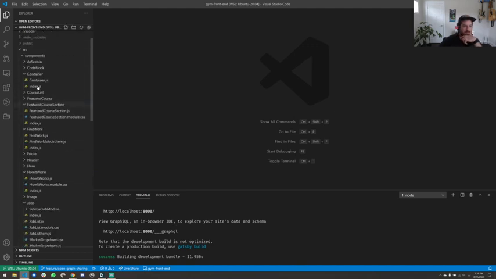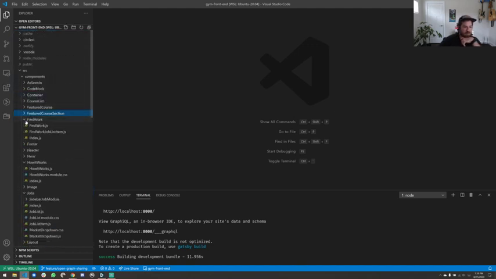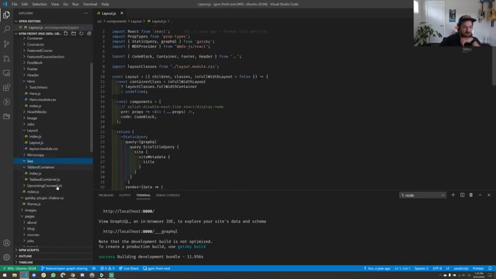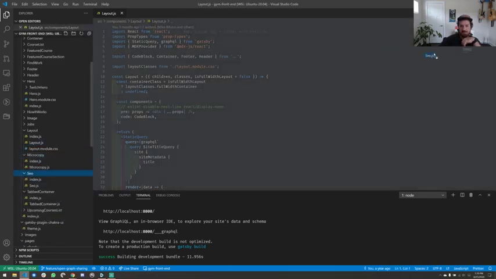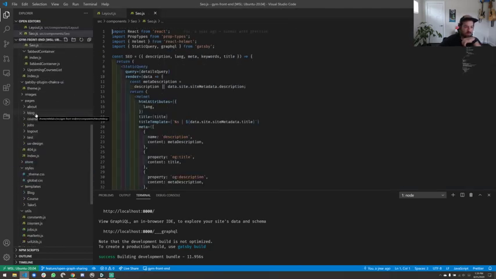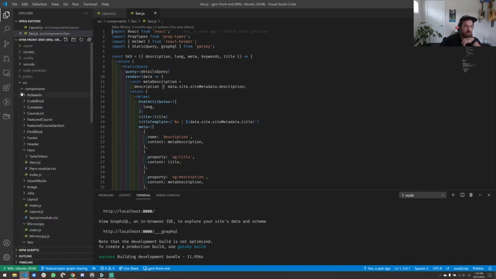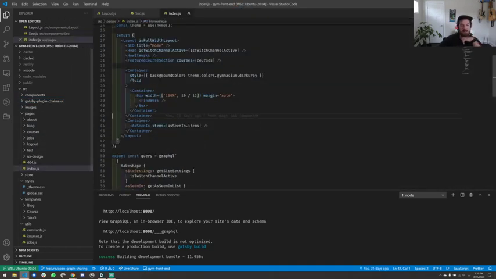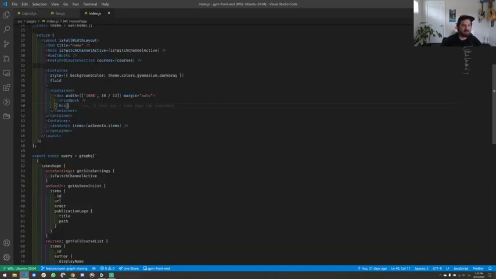Let's take a look at this stuff. There's a couple of things to look at here. We have in our components list, this will become important. Well, we have a few things that will become important. So this layout.js we'll look at. We have this SEO, which sounds like it should be important, so it's probably something we're looking at today. Drop these side by side, and then, for the sake of it, we'll start with the home page because it's probably the most simple place to come in. So we'll pull that up here, and we'll look at the implementation. We'll break it down. Being as familiar with this as I am, I have some guess as to what's going on here and what we could be doing better. So let's look at it.